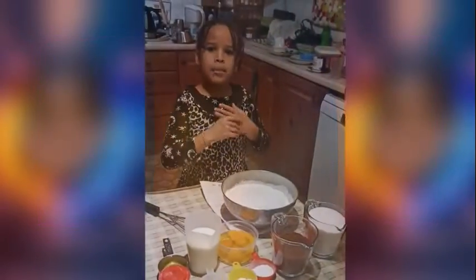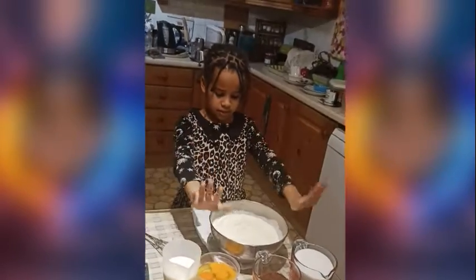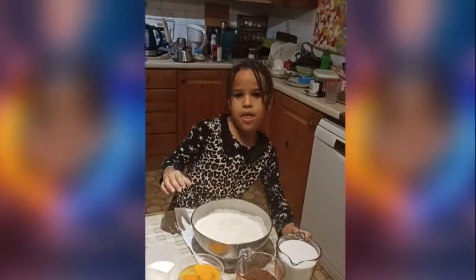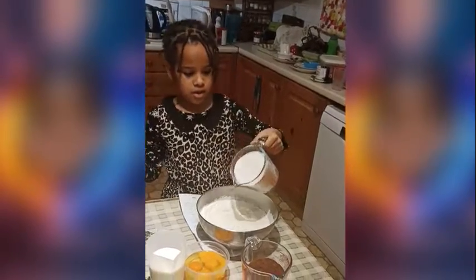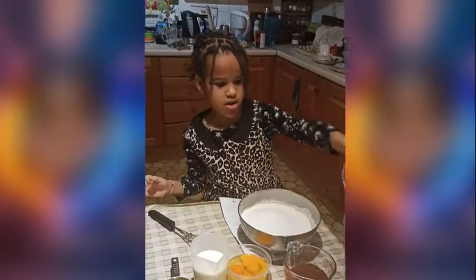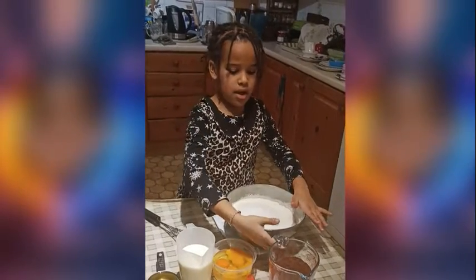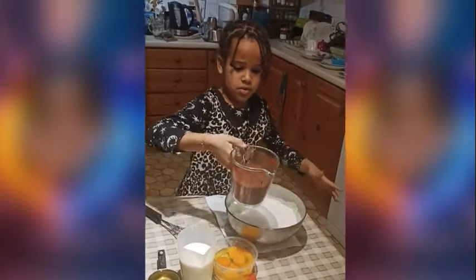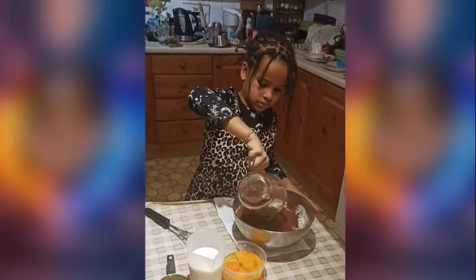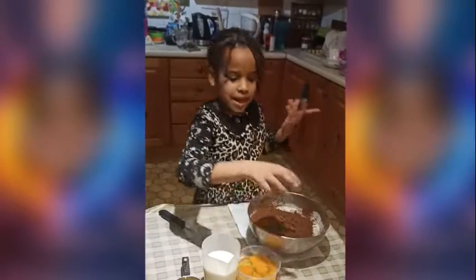Right, now I'm making a chocolate cake. What you need is 3 cups of flour, 3 cups of sugar, 1.5 cups of cocoa powder, try not to make it go everywhere,